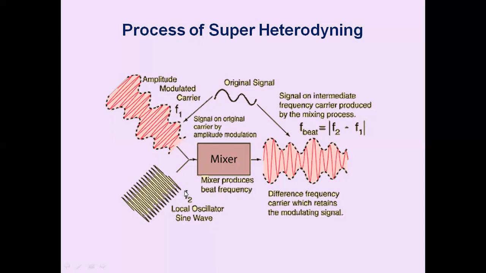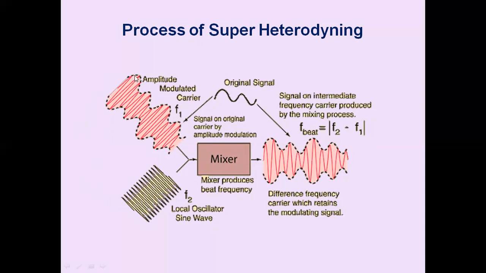We always see that the local oscillator frequency is higher than the incoming signal frequency by an IF value, so that the difference is always the IF value. That means F2 is nothing but F1 plus 455 kilohertz. So here we are making use of gang tuning, such that when the incoming signal is tuned to F1, the local oscillator is simultaneously tuned to F1 plus IF value, so that the difference is always the IF value. So this frequency we call a beat frequency. This we call the intermediate frequency, F2 minus F1.